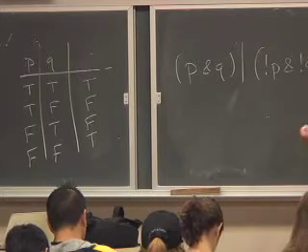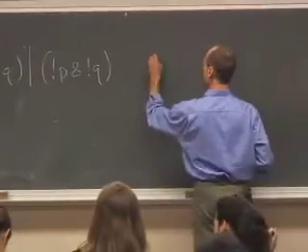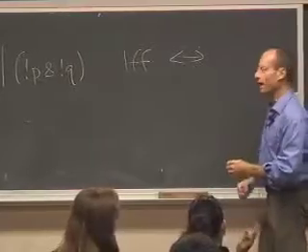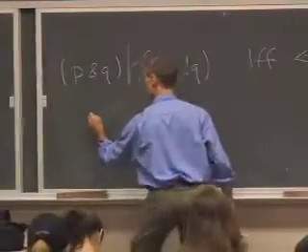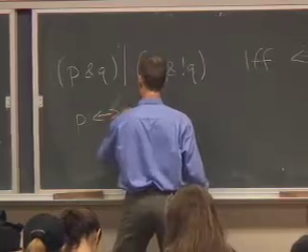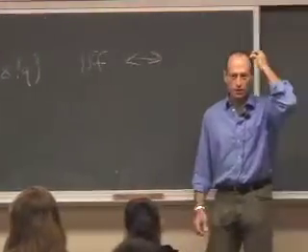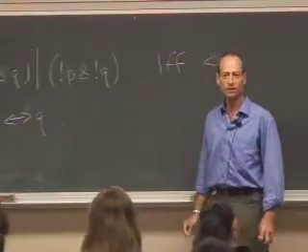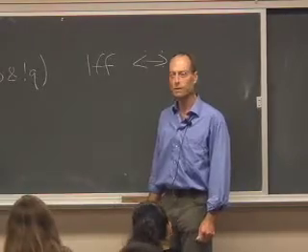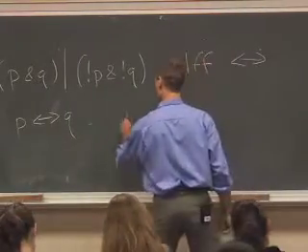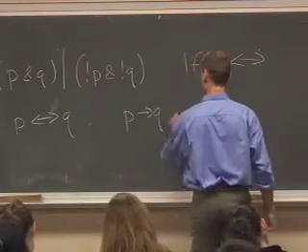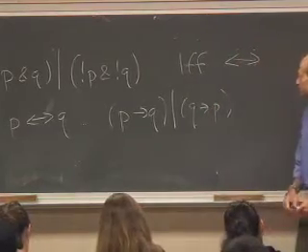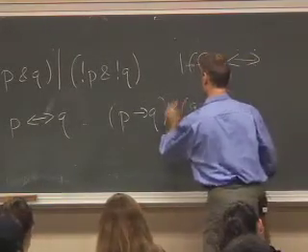So it'll be false. Now this is actually the truth table for if and only if, which is written as a double arrow. So this is logically equivalent to P if and only if Q. That's what its truth table looks like. That's what this symbol means. It translates to that. This is also equivalent to P implies Q and Q implies P. Sorry, and, not or.